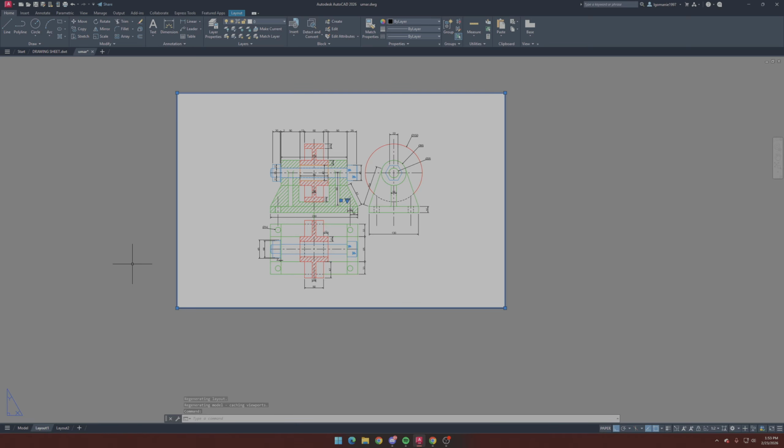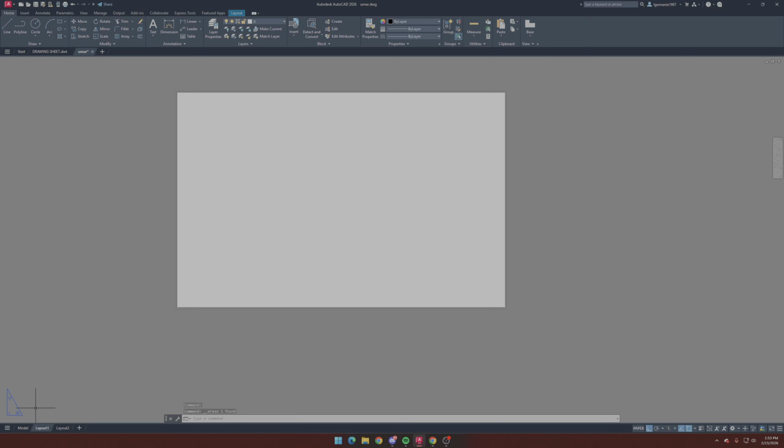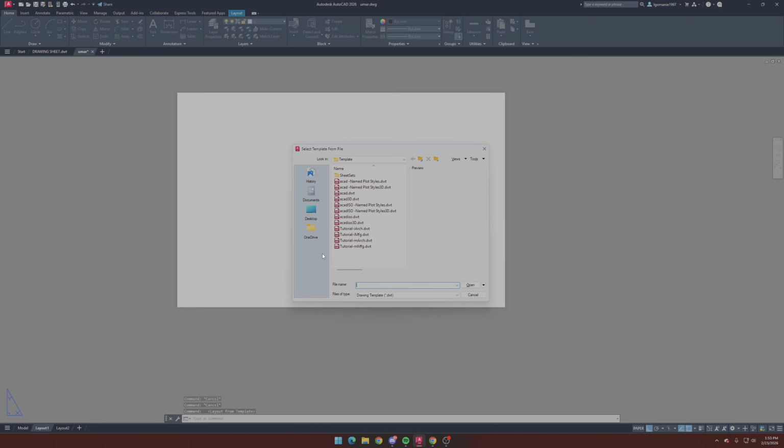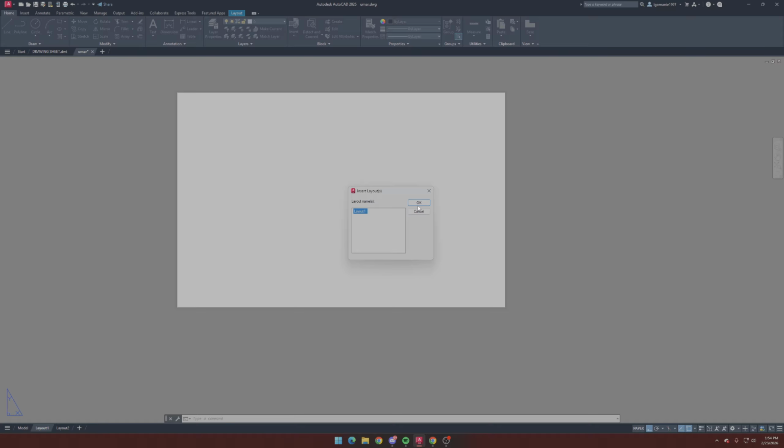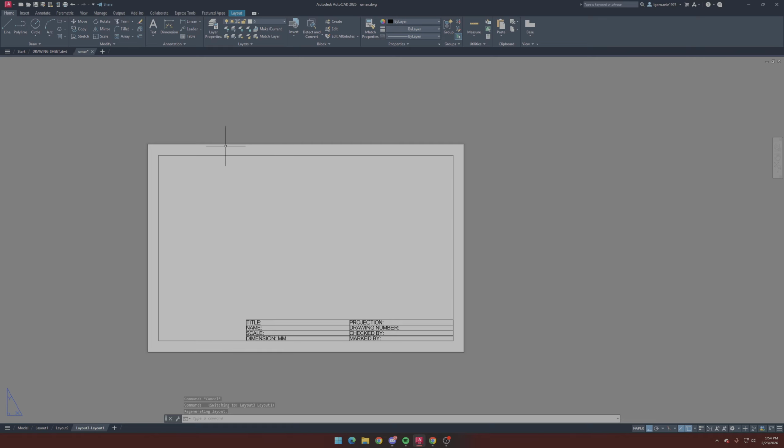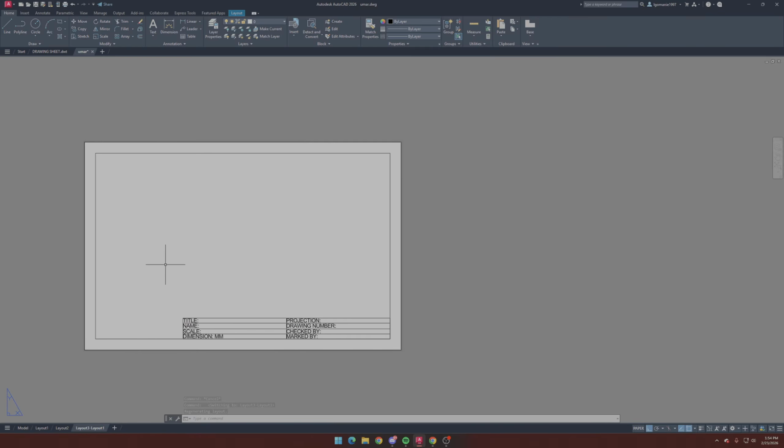and well, I don't need this here, so I'm just going to delete it. I'm going to right click on layout, and there should be this option here that's called from template. So when I click on from template and I navigate to desktop, this is where I saved my drawing template. I can select the one that I saved, open it, and then I click on OK, and you can see that it made another layout here, and I have everything that I need here now. All right,